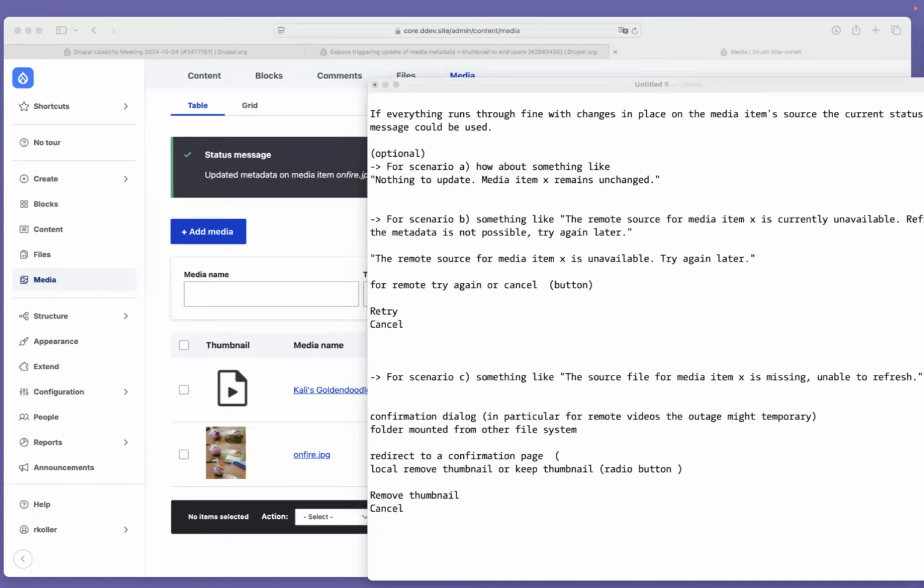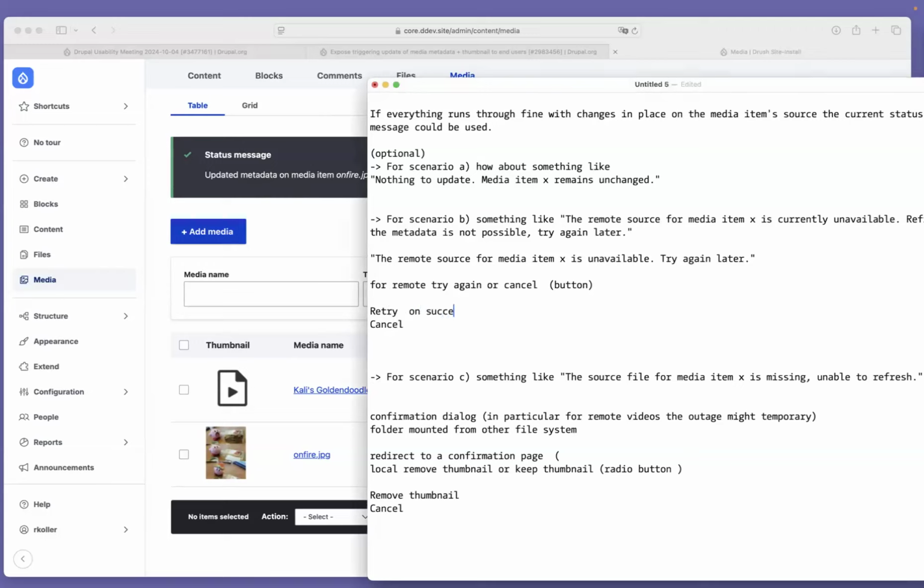Go ahead, Ralph. In the case of scenario B, if you accidentally submit the confirmation form, you simply retry and end up again on the confirmation form in the worst case. If it fails again, the confirmation form comes back, and if it succeeds, we get the usual status message. Right, exactly.